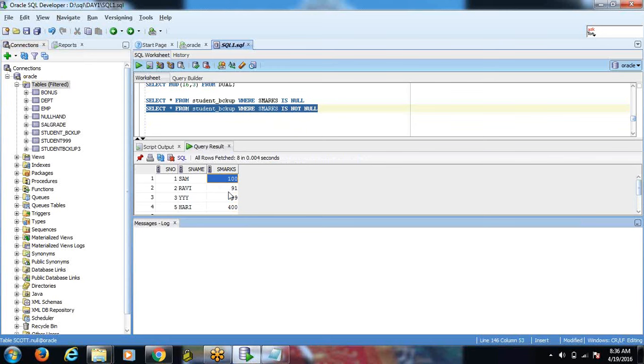Here, suppose I want to retrieve the marks and all the fields from the student backup table. But my requirement is, where exactly the null values are there, I want to convert those null values into some other user defined value.